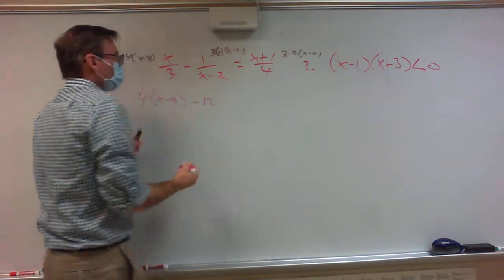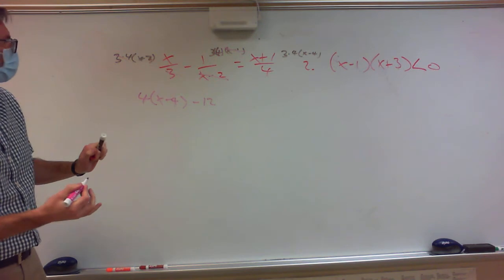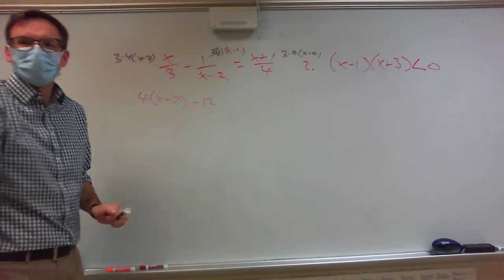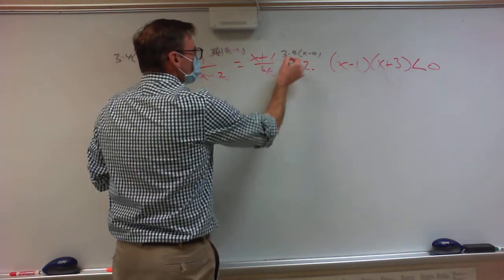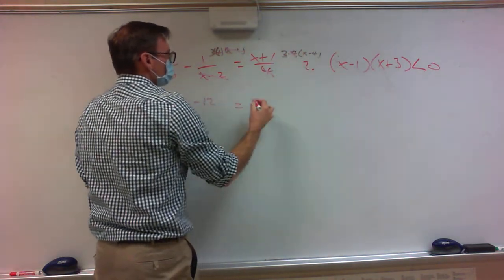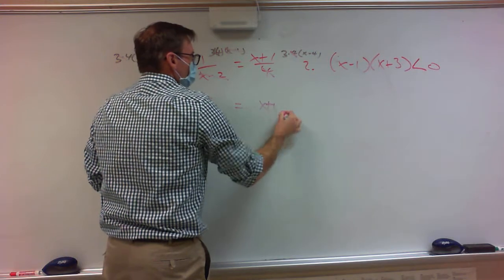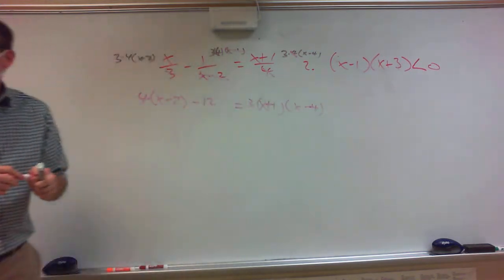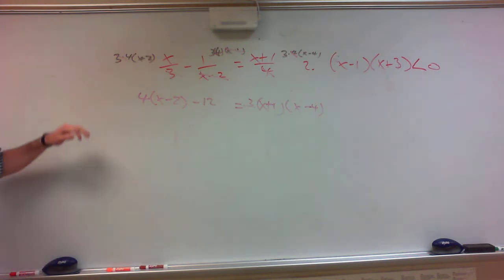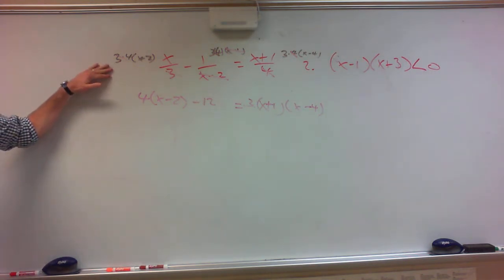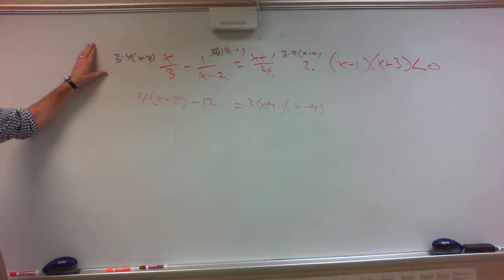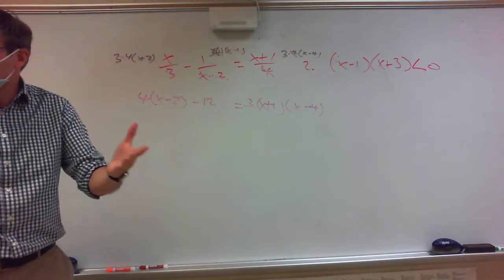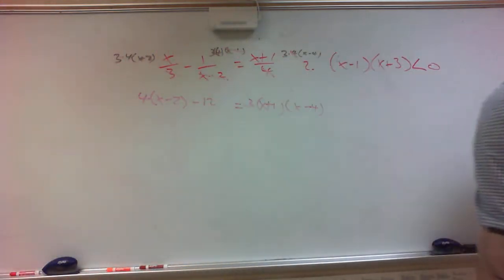Wait, you said 4x minus 2? Oh, x minus 2. I said x minus 2. I wrote 4. Right. And this 4 cancels this 4, so I'm left with an x plus 1, an x minus 4, and a 3. Everybody see that step? All right. So this step can be a little intimidating, but we do that step so that this doesn't look so bad, because our goal was to get rid of all the denominators. With all the denominators gone,